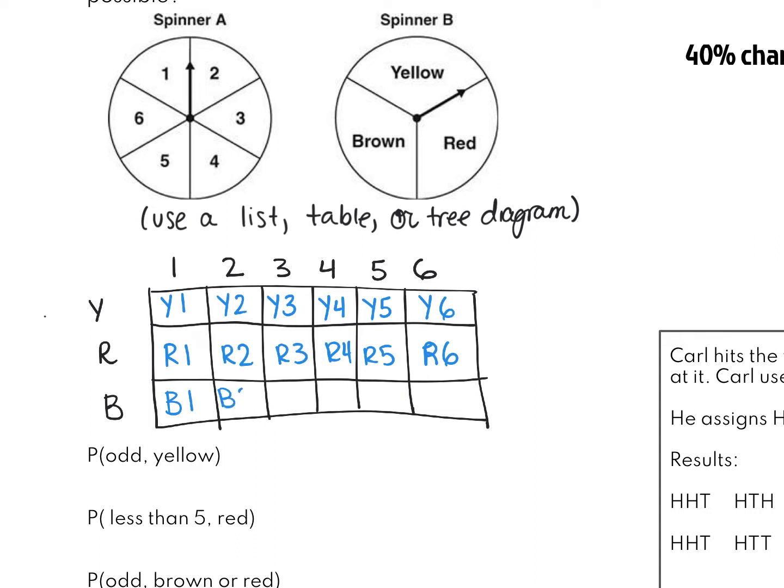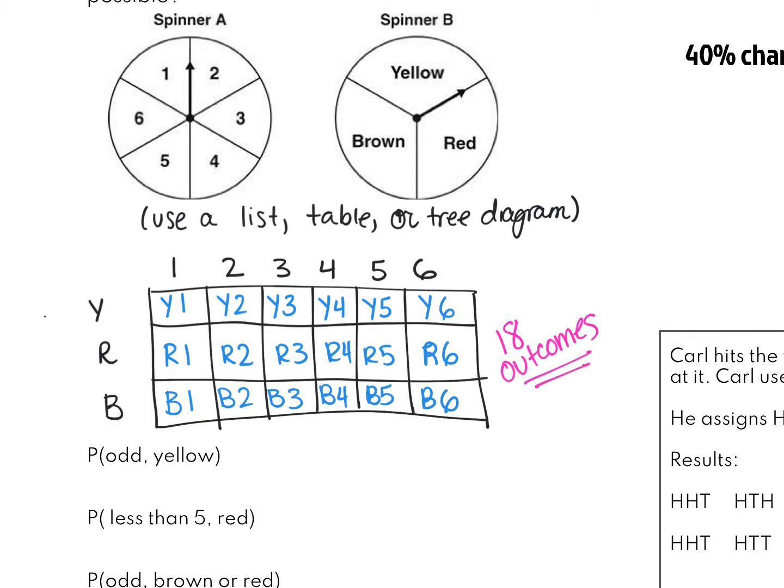Brown 1, brown 2, brown 3, brown 4, brown 5, and brown 6. So there's all my different outcomes here. There are 3 by 6, so that is 18 different outcomes,